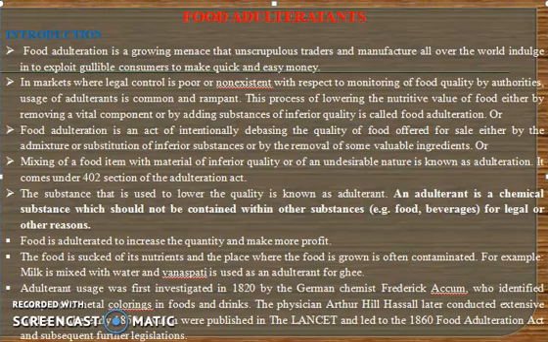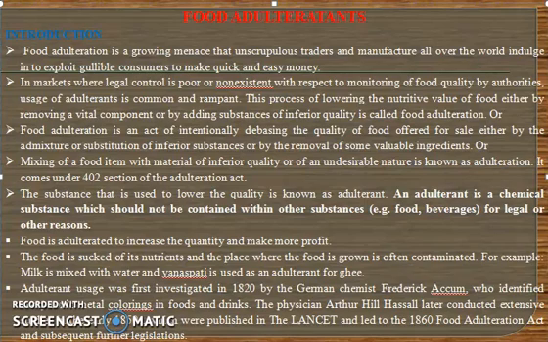Food is adulterated to increase the quantity and make more profit. This is the main reason or objective behind that. The food is sucked of its nutrients, and the place where the food is growing is often contaminated. For example, milk is mixed with water. Vanaspati ghee or vanaspati is used as an adulterant. Okay, so this is all about the